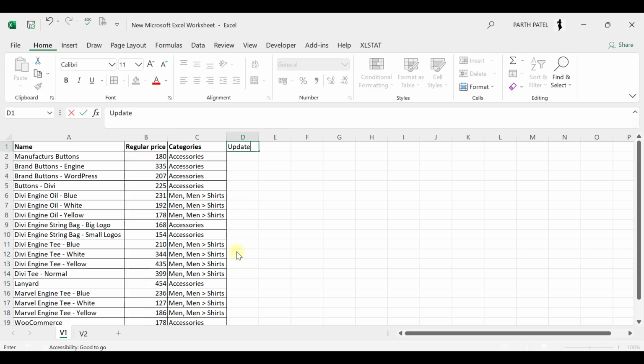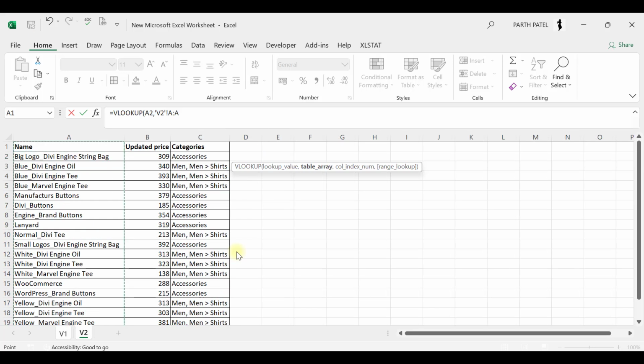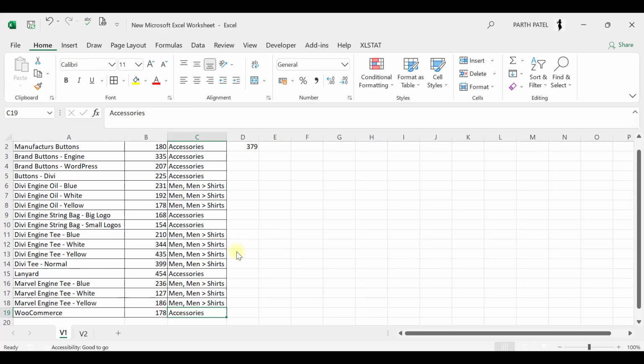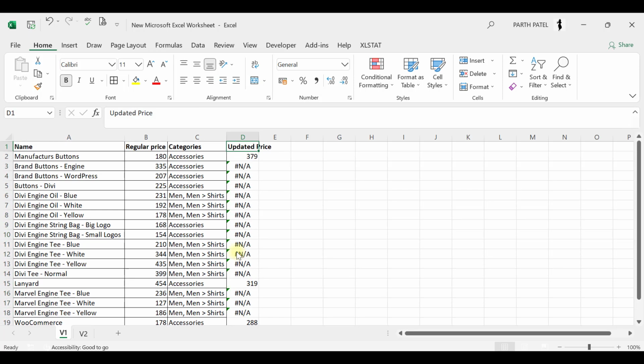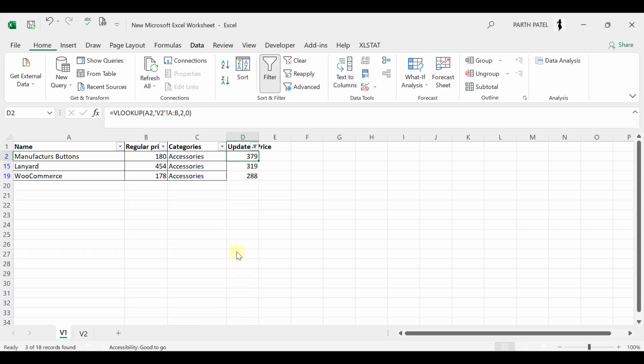So what I mean to say is, in table V1 where we have the regular price, I want to have the updated price. So what I will do is look up this value from this table and get the updated value. So comma 2 comma 0 for the exact match, and I will drag this formula. But here you can see that I am only able to match three values,